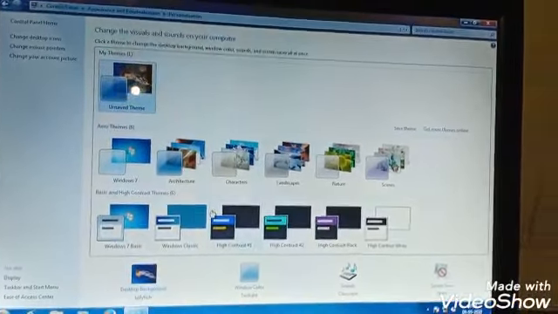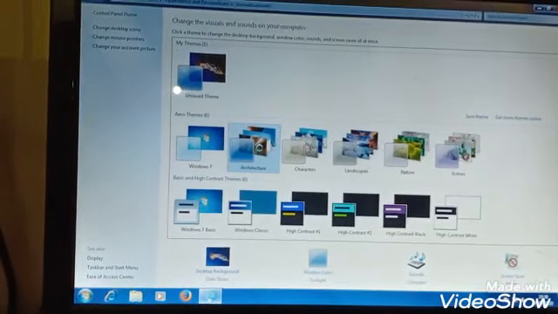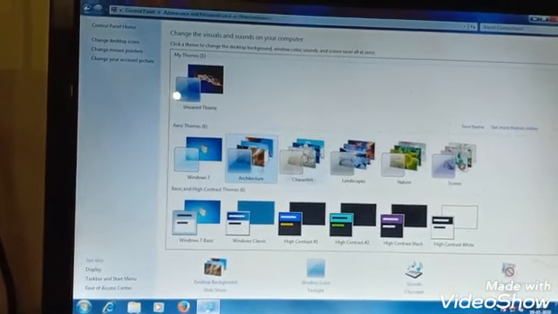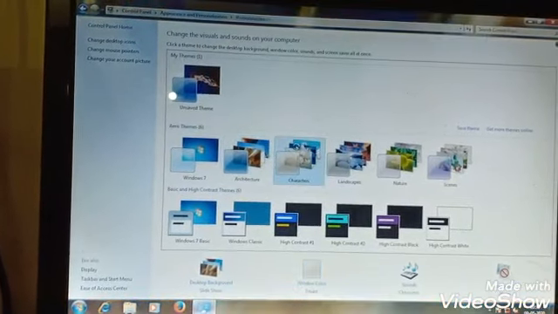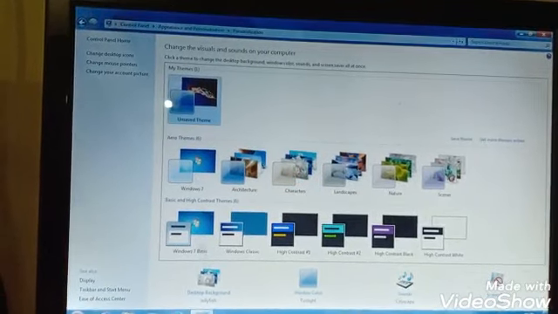As I have selected this theme, now I want to change the theme, so I will select from this one. Again I am selecting this theme.